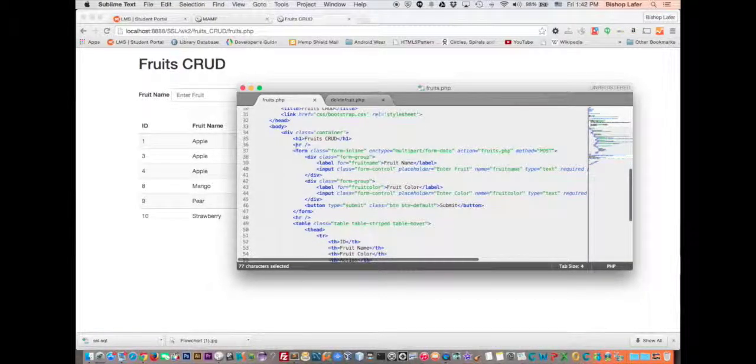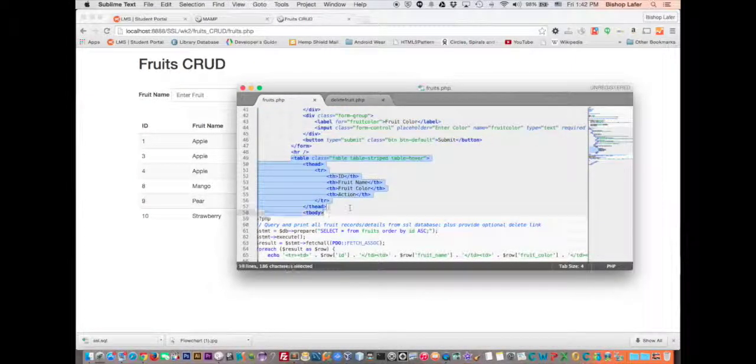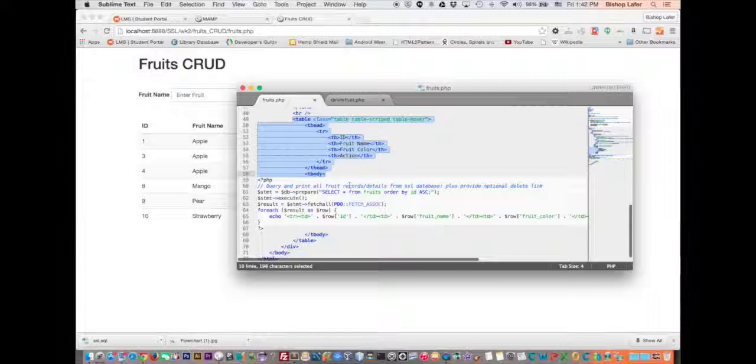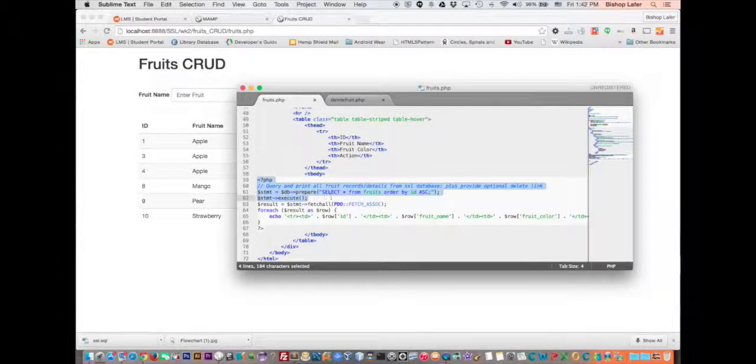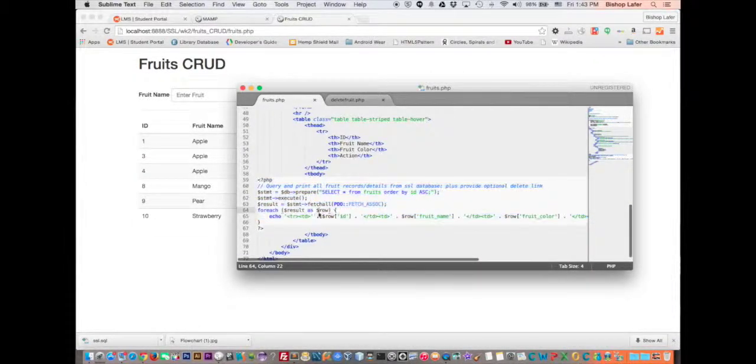And this is just the HTML. I have the form here that collects the information from the user, and then I have the table set up here to go ahead and input the database information into, and this PHP script here is what actually inserts it into the HTML and prints the information out to the user. So I'm fetching all using an associative array from the database, and then I'm inputting it into the table, one row